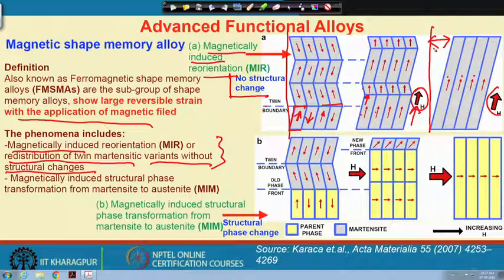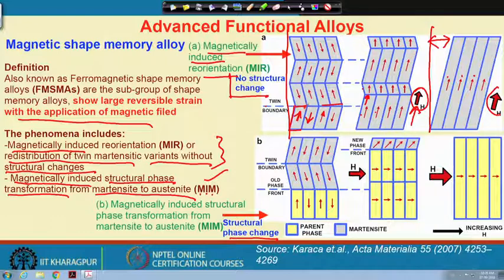Now, the second type of magnetic induced phase transition in this ferromagnetic shape memory alloy is that we apply a magnetic field and induce a structural transformation, let us say from martensite to austenite. Because of that, we call this effect MIM, magnetically induced martensitic to austenitic transformation. In this case, since a structural phase transformation is involved,